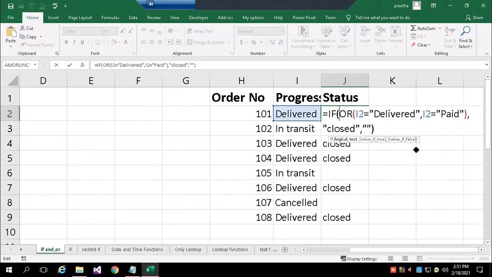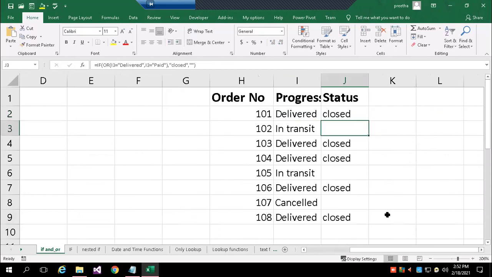If delivered or paid, I want to write the status of that order as closed. Else, I made it empty double quotes. This is called an empty string. So it will give you a blank cell. Other than delivered and paid, in transit, cancelled, for all of them, it gives empty text.